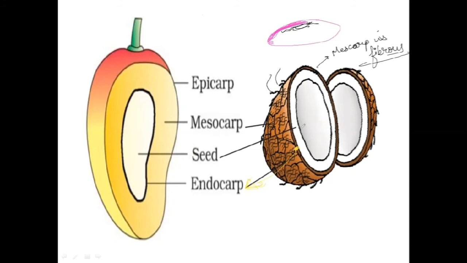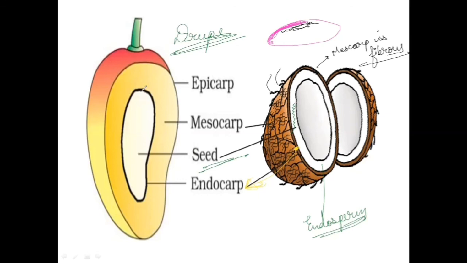And inside the endocarp, we know that the white part which we get to eat is not the seed. What it is, is the endosperm. Now, it can be cellular if it is solid, and if it is liquid, it will be nuclear endosperm. And inside this coconut we get a small sized seed. Clear? So, the seed is present in the coconut, and yes, it is labeled as the seed in NCERT, but basically this white part is the endosperm, guys, which we get to eat. So these are two examples of drupe fruits which are important for you to remember.